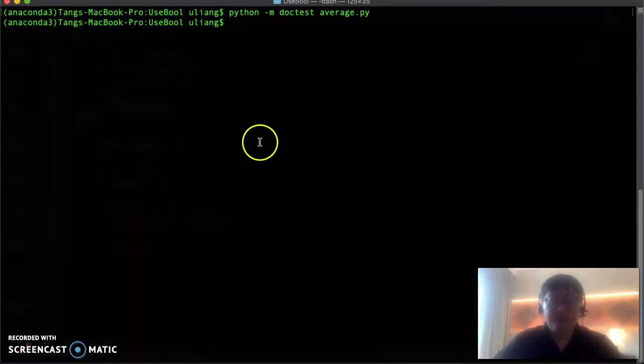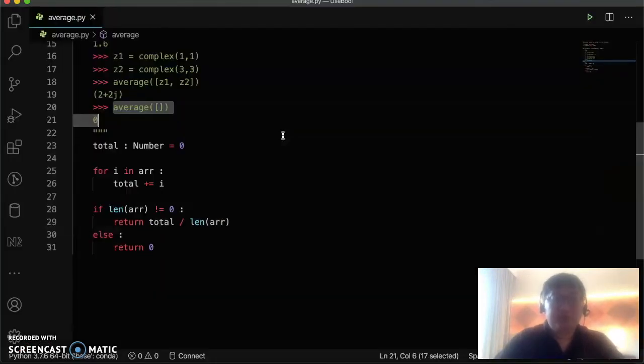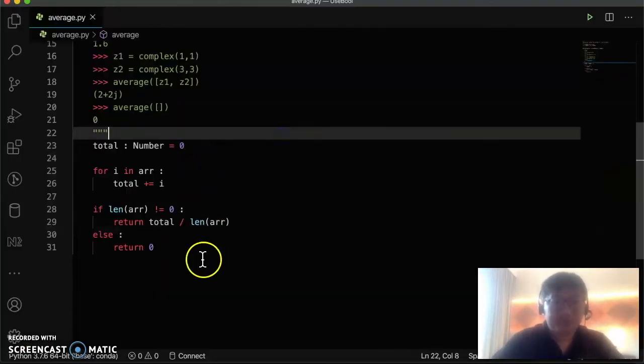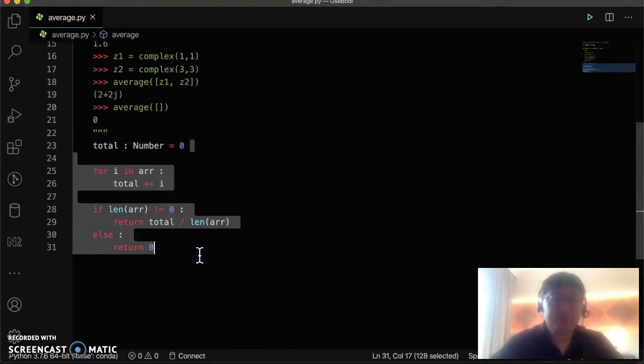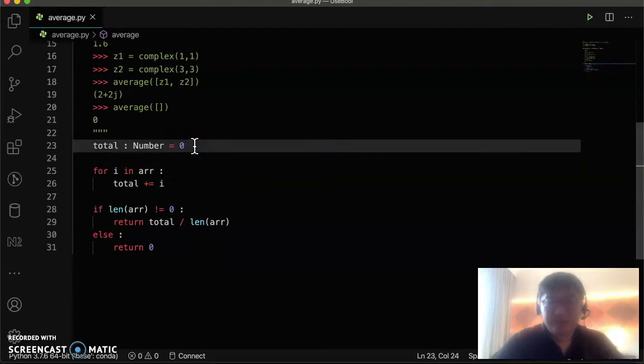Now, if I were to run the test, I find that there's no output, indicating that this code is working perfectly. So what's the problem with this implementation? Syntactically, programmatically, and mathematically, there's nothing wrong with the implementation of this program. Rather, the implementation